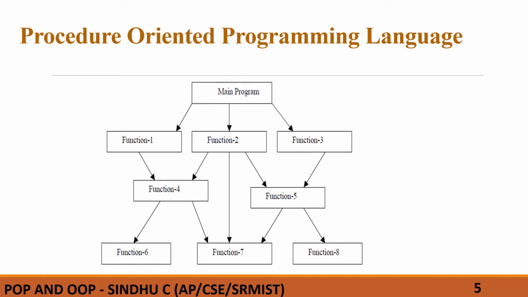And this is another representation where you have multiple functions. As told, the main function is where the execution starts from. Then you have, for example, function 1. Function 1 calls function 4. Then function 4 calls function 6. Now the call traces back, which is, it returns its flow from function 6 to 4, 4 to 1, and 1 to main program. That is how this top-down approach is represented.